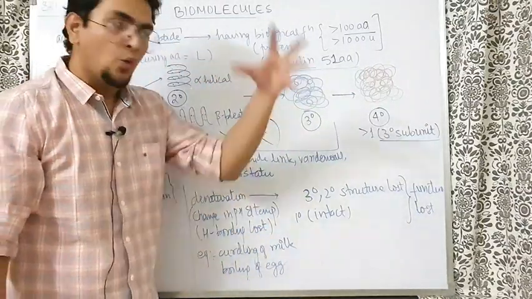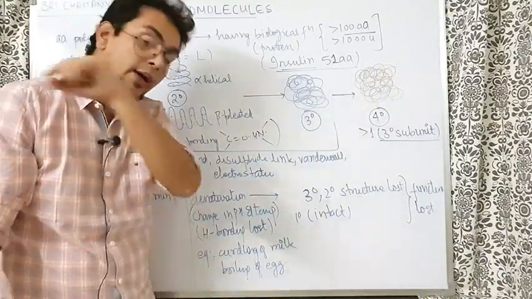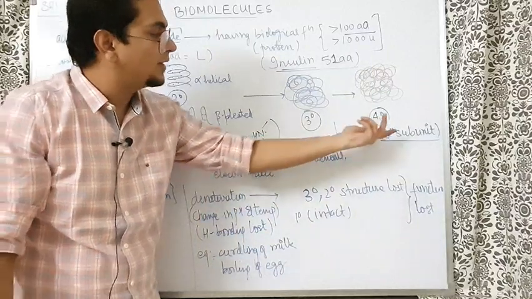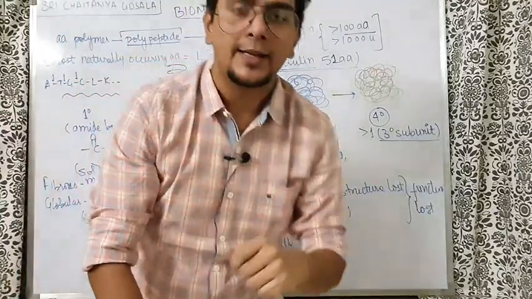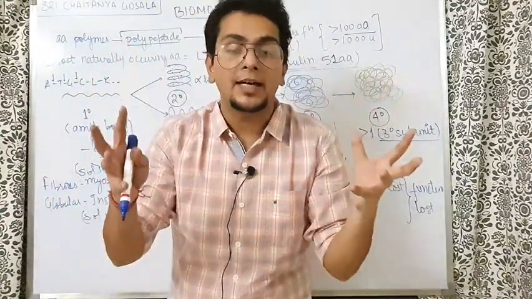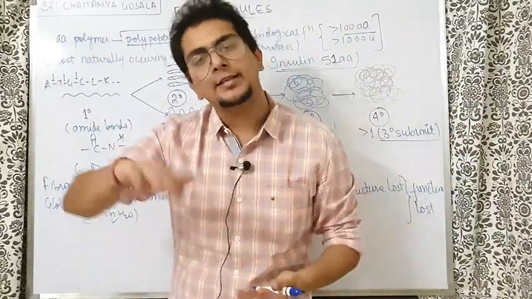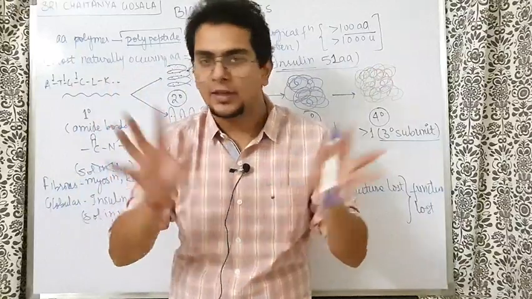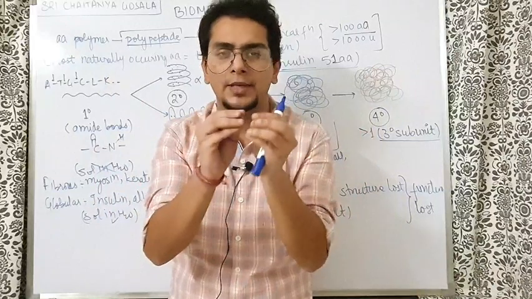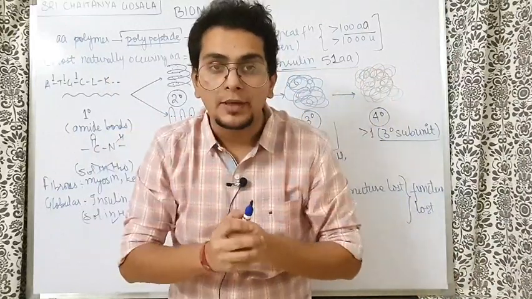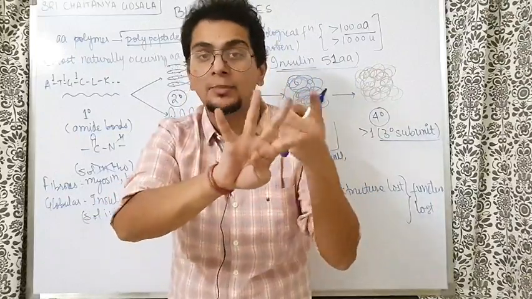Now how to make quaternary? One gujbuj and another gujbuj come together to form the quaternary structure. So in the quaternary structure of protein, there is more than one tertiary subunit. For example, hemoglobin, you might have read, contains 2 alpha, 2 beta. What is that alpha beta? Alpha is one gujbuj. Another alpha is the same type of another gujbuj. Beta is some other gujbuj. Another beta is the same type of another gujbuj. So 4 gujbuj come together, alpha, alpha, beta, beta, all of them containing Fe2+ in the middle, and this combination is called hemoglobin. So hemoglobin is a total quaternary structure containing 4 tertiary moieties.